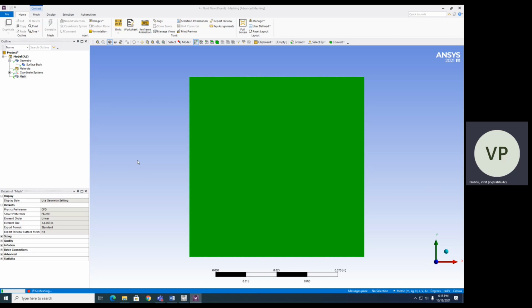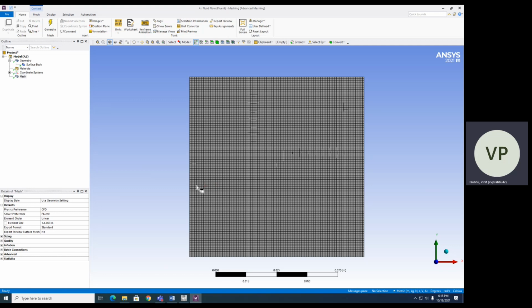There are different methods you can mesh. You can divide the two sides into different numbers of elements and then mesh it. Or if you think that the physics is more significant at some boundary, you can make the mesh finer at that boundary and coarser where there is no effect of physics on the domain. So there is a variety of things you can do during meshing. But for this, I'll just keep it simple and do the regular element size mesh and keep the uniform